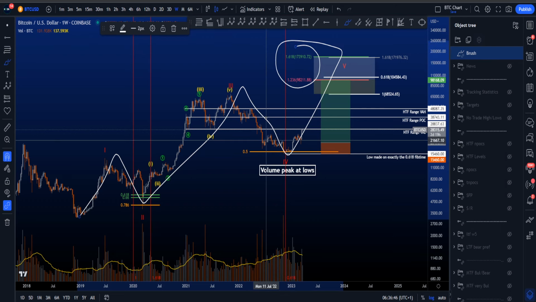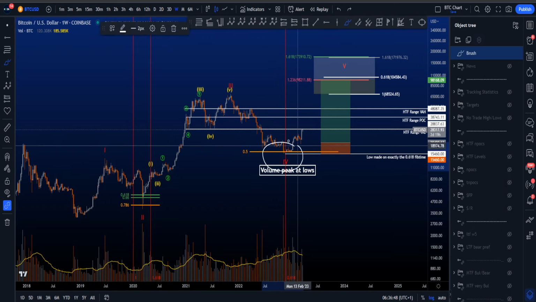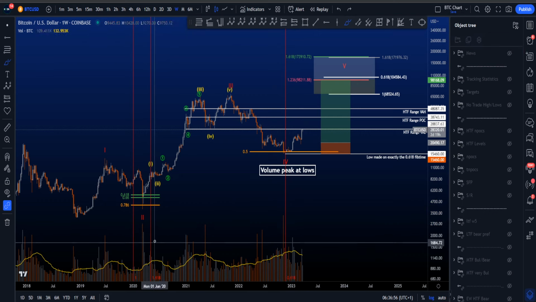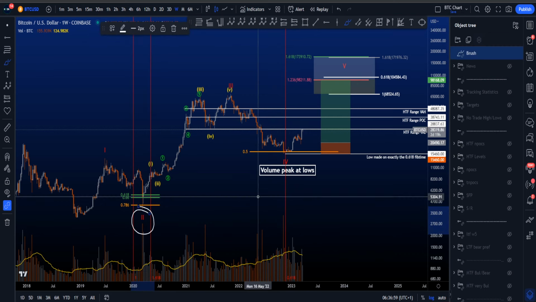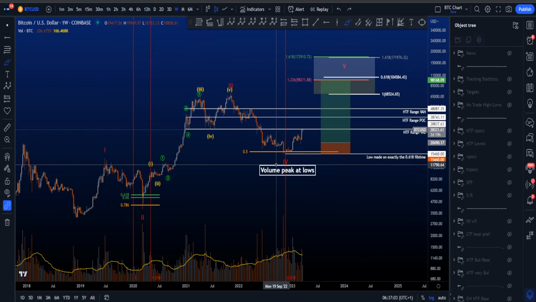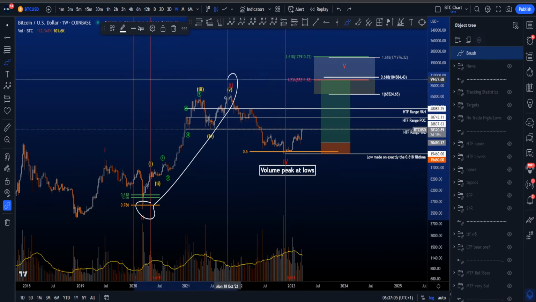and 174k. Wave 4 had three nice confluences over here. We had the 0.5 bounce, which is perfect from the low of 2 to the high of 3. We had a high volume peak at the lows of 4, which can signal a reversal just like it did at the low of wave 2. And the low was made exactly at the 0.618 fib time taken from the low of 2 to the high